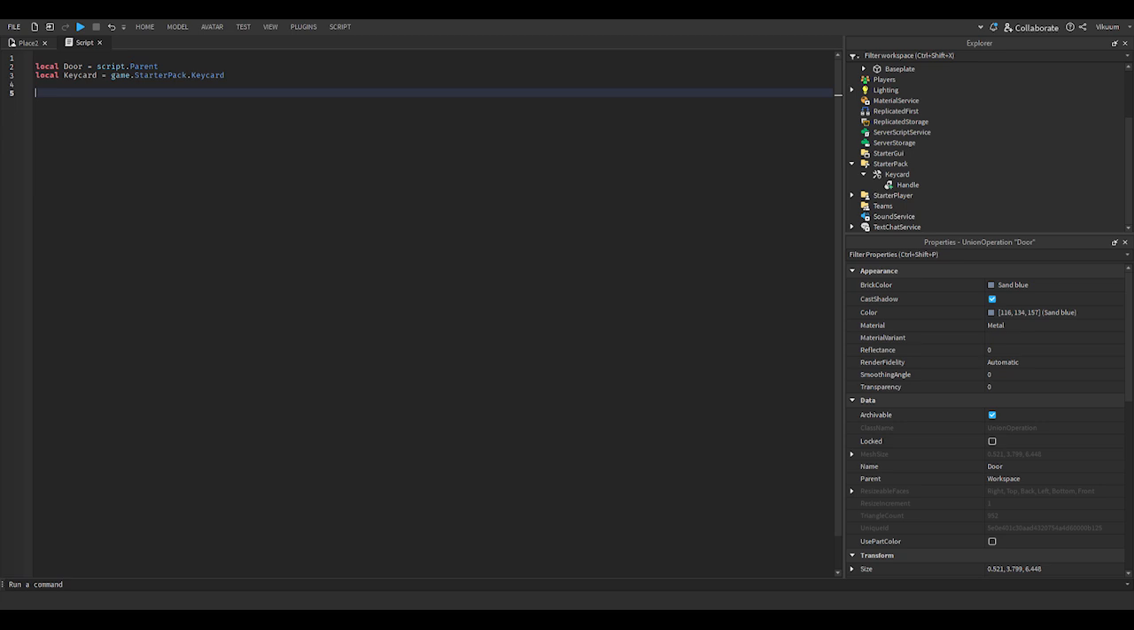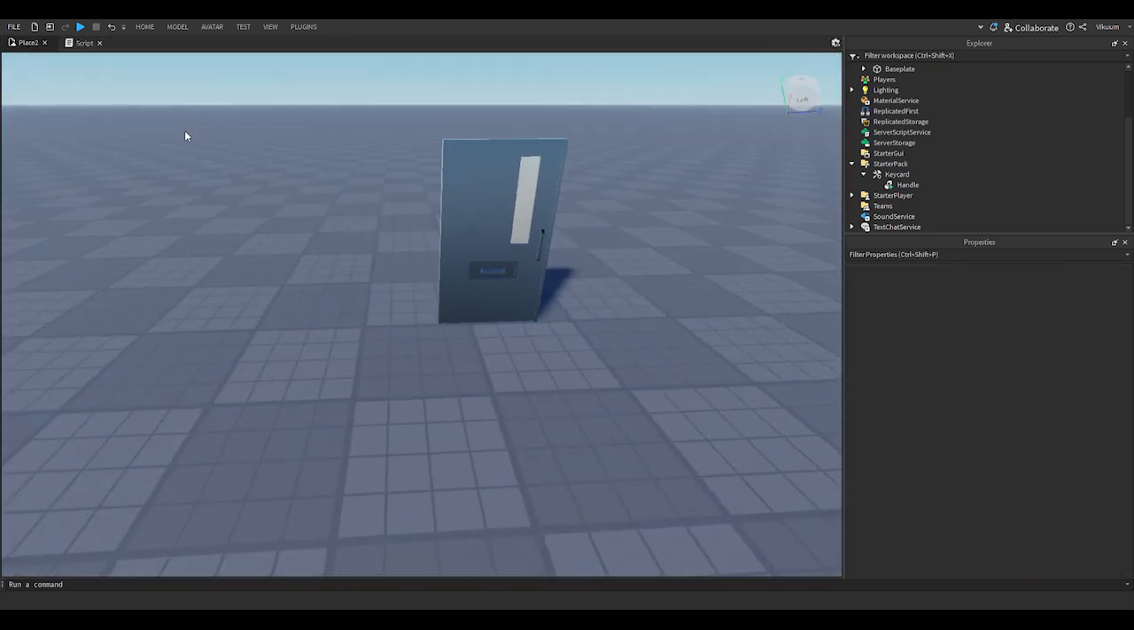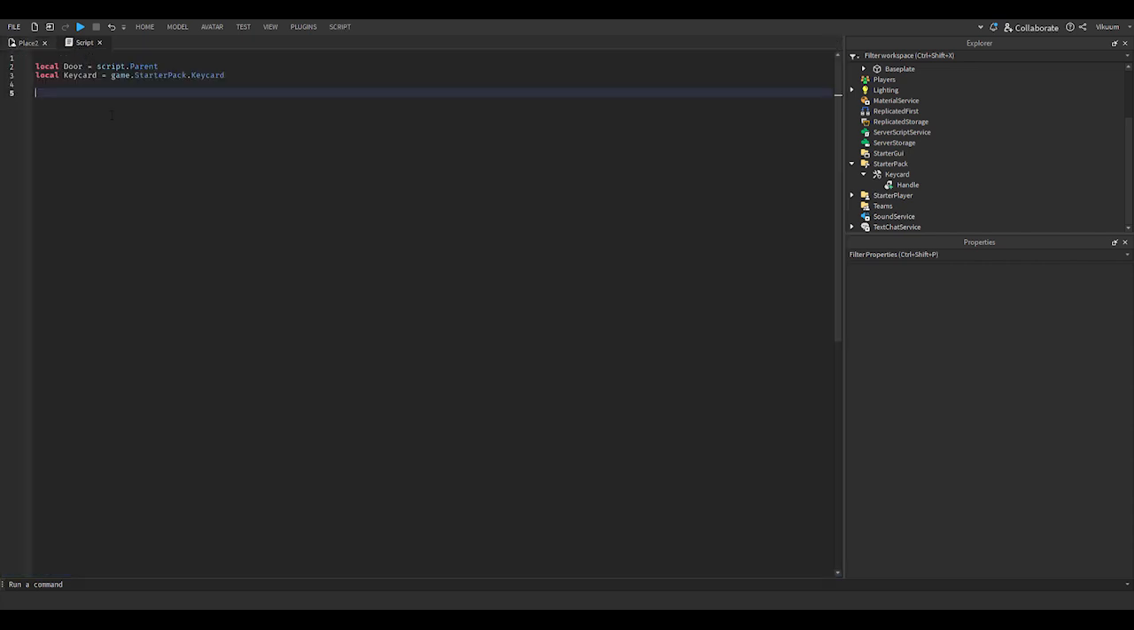And now we'll check if the door is touched by a player. So we'll know to check if the player has a card. So we know that someone wants to walk through the door, and then we'll be checking if the player has a card. So we'll do door.Touched, and we'll connect it to a function. Yes, and then we can just put part here or player. And now we'll check if whatever hit the door, so what we're assuming to be a player, is really a player. So we'll do